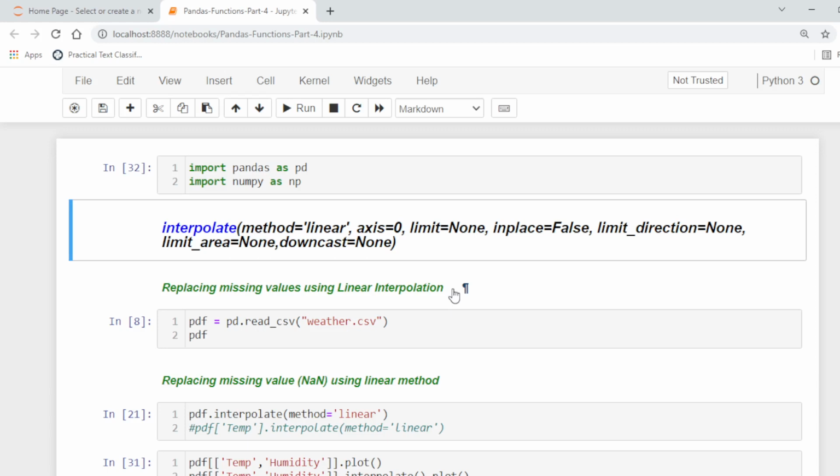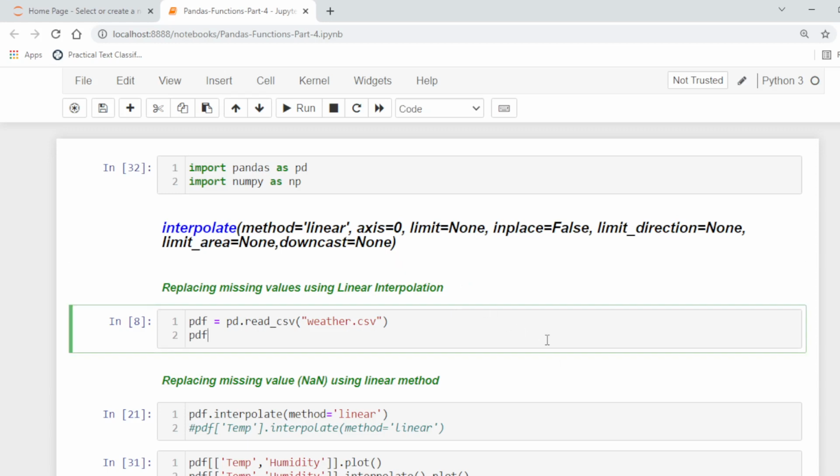Outside means only fill not a number values outside the valid values, which is called extrapolation. Extrapolation means to guess data points from beyond the range of your data.